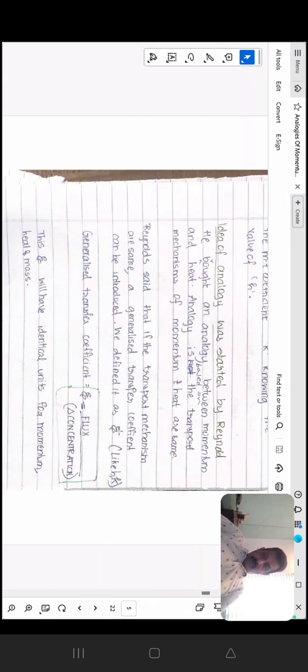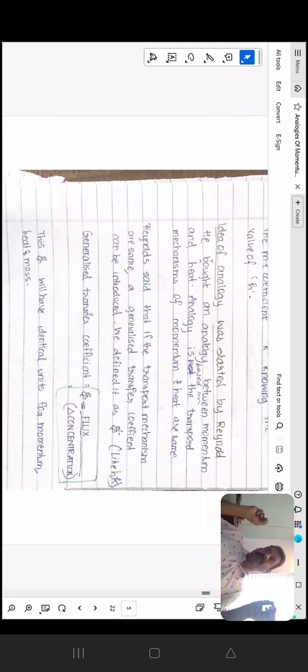He brought an analogy between momentum and heat. So he is the first one. But Reynolds analogy is very good, but he took a fluid and he said that the fluid is both momentum transfer and heat transfer is happening between